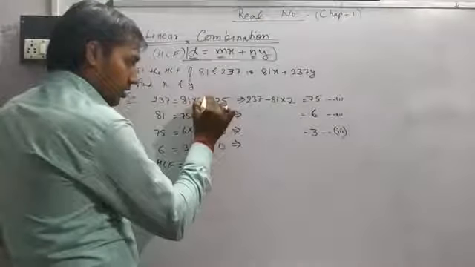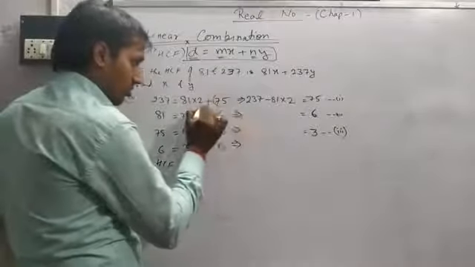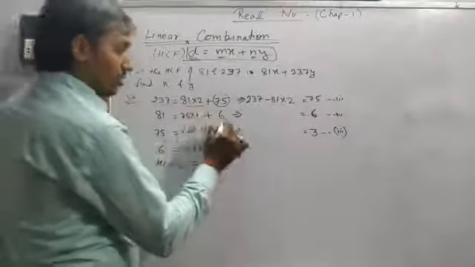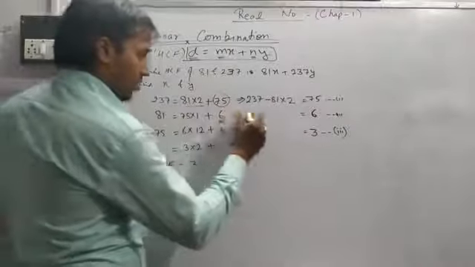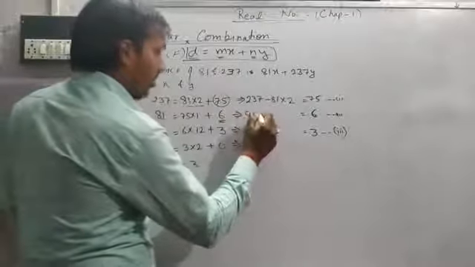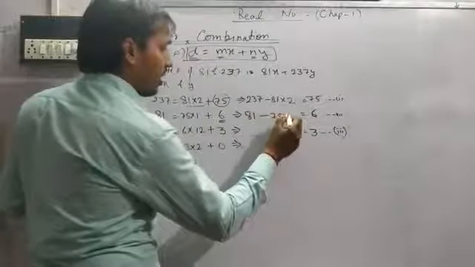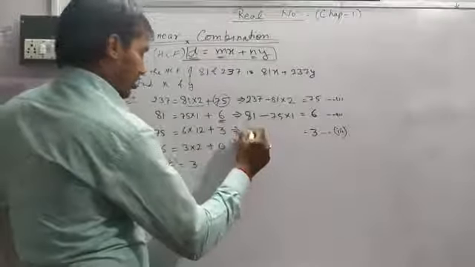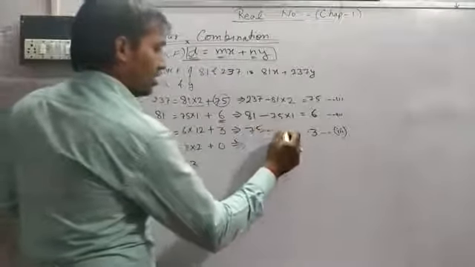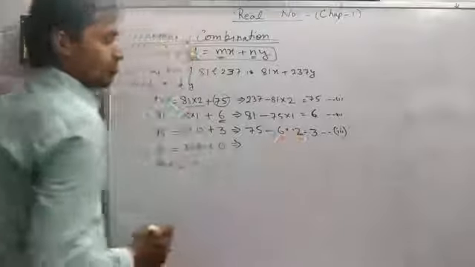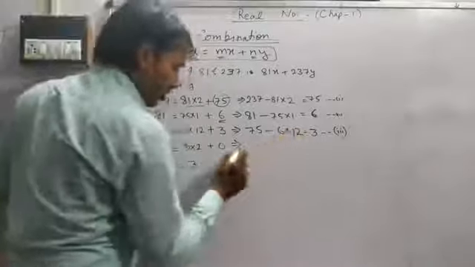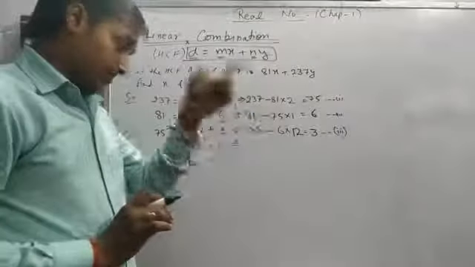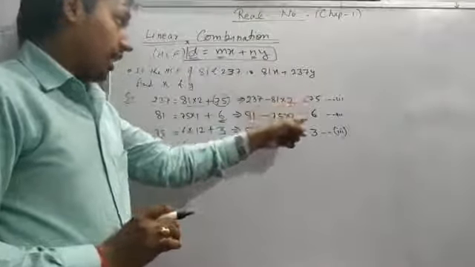Only this we send to the left side. Same, the value of 6, this we send to the left side. So we get 6 equals 81 minus 75 into 1. Same for 3: 3 equals 75 minus 6 into 12. Here the remainder is 0, so we can't use the fourth equation. So we get three equations: first, second and third.